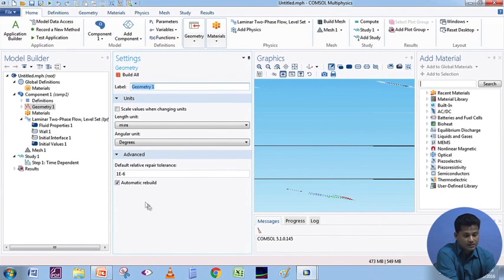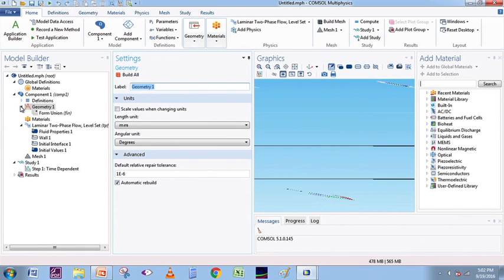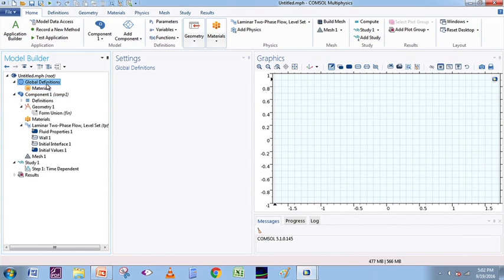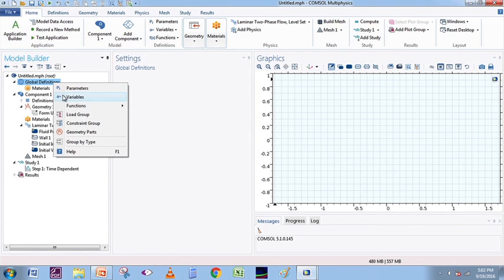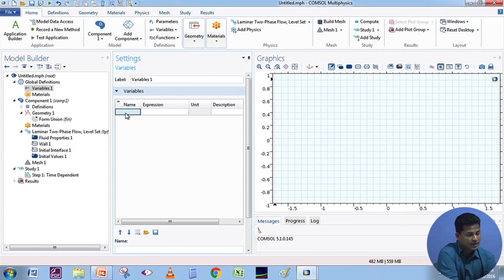As we can see, this is a COMSOL Multiphysics environment. Now, the global definitions part. In this global definitions node, when we want to specify some variables for our system, we name the variable here in this checkbox. Suppose I type in something like omega, we give the expression here and then the unit,